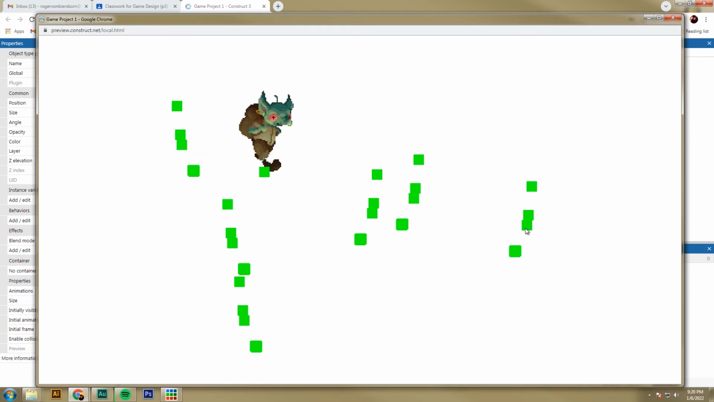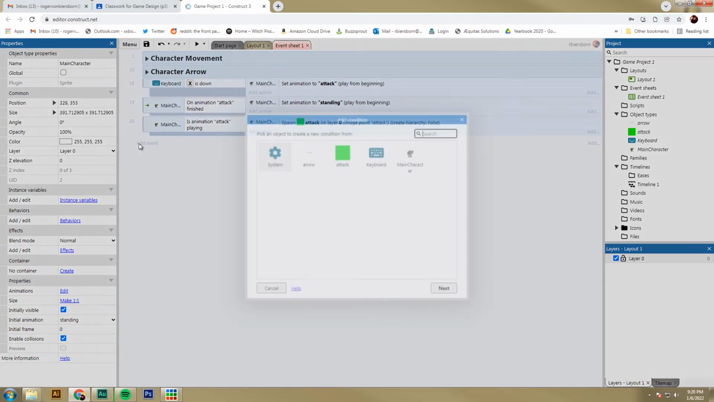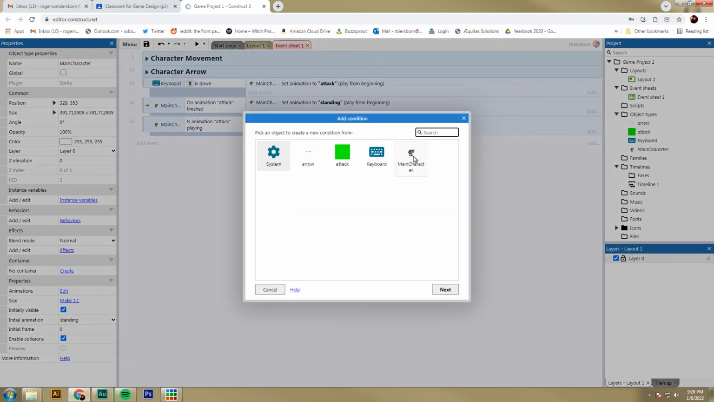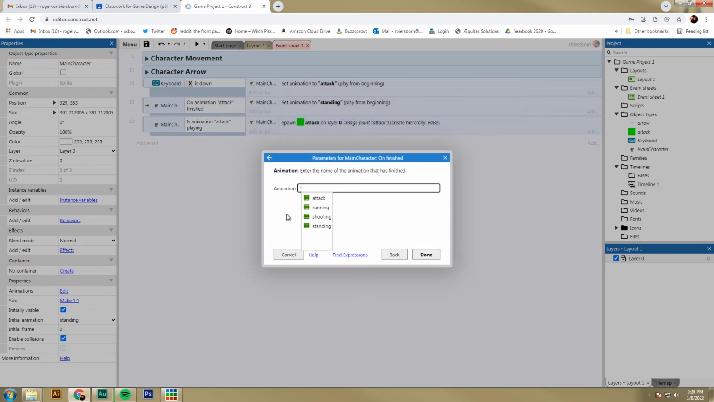Great. But we have to make it so these boxes don't stay here, right? We don't want all these hitboxes just floating around because now if an enemy just happens to bump into one, they'll die. And that doesn't really make any sense. We want the hitboxes to disappear when the animation finishes. So let's do that. We're going to add a new event. We're going to go to our main character. We're going to go to on finished. What we're going to do is say that, okay, when the attack animation is finished,